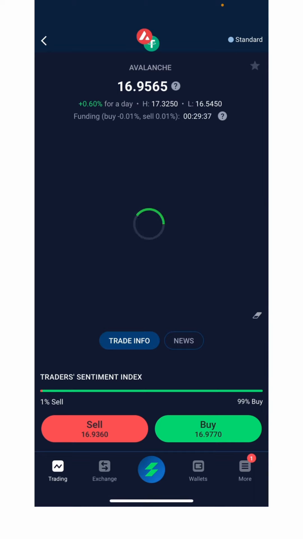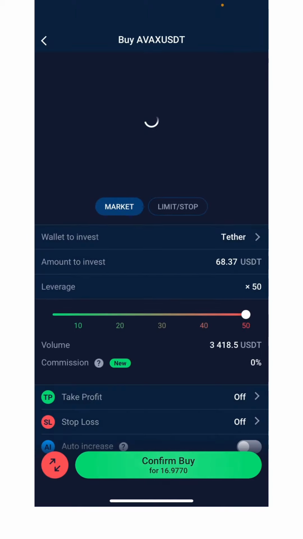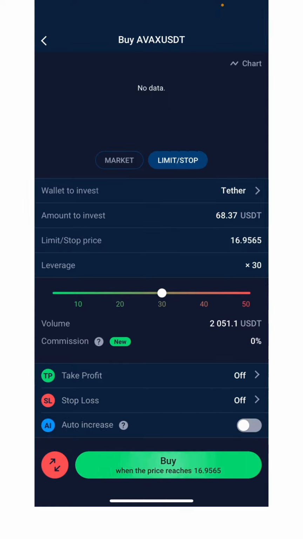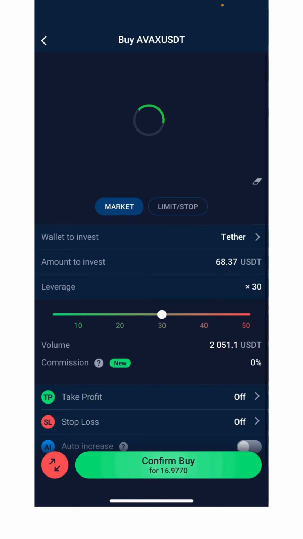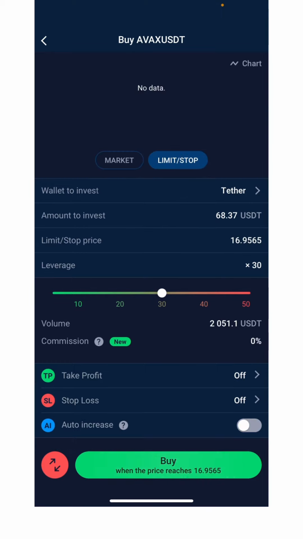Okay. Now, let's say we are going to enter at a particular time. We are going to use limit orders. So you click on buy here. So once you are clicking on buy, you drag this thing to this place here, 30. Then you click on limit. You see we have market and limit. Click on limit order. Now when you click on limit order, you can see we have amount to invest,